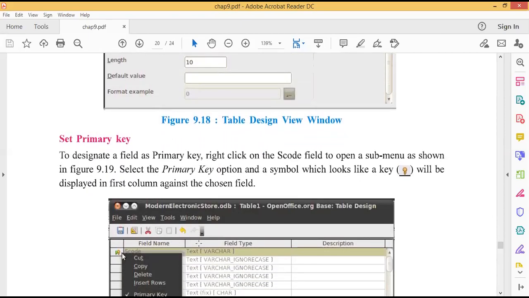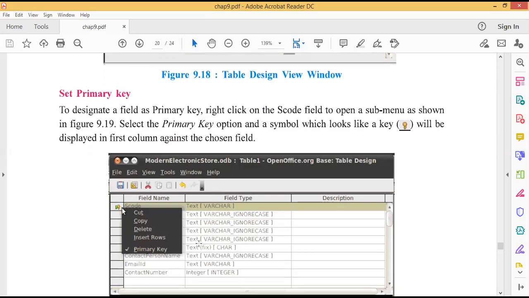Now the next one is set primary key. If you remember, in the previous chapter we already covered the topic of primary key. What is a primary key? A primary key is defined for a field which has no repeated values. I already took the example of our class.